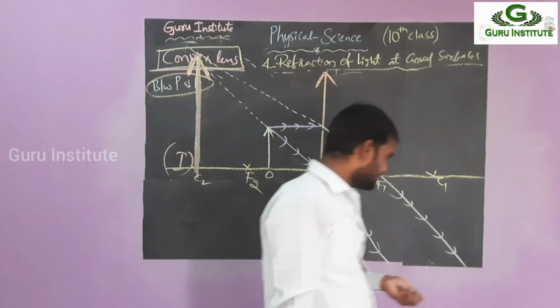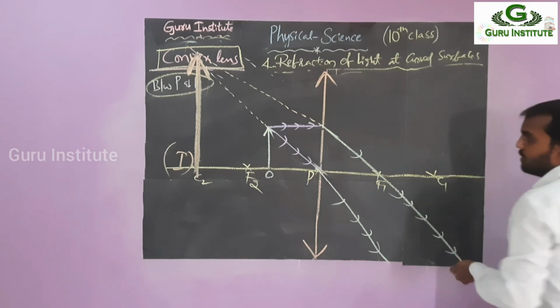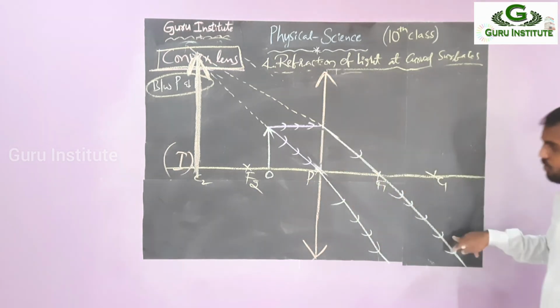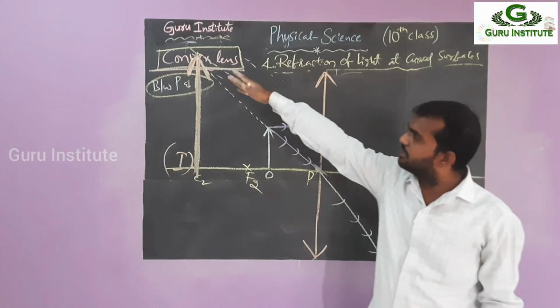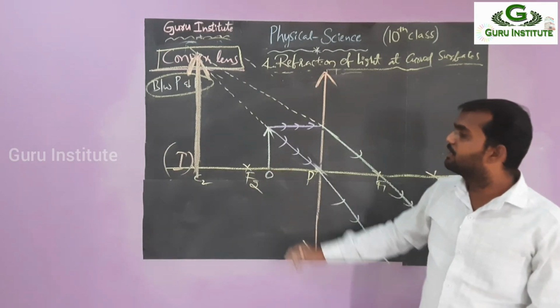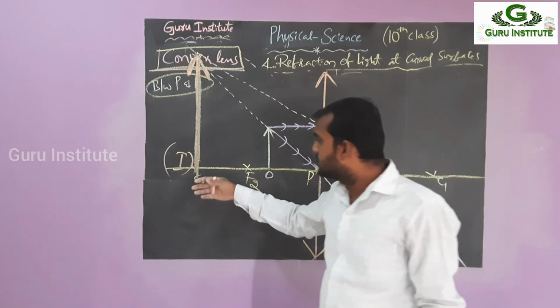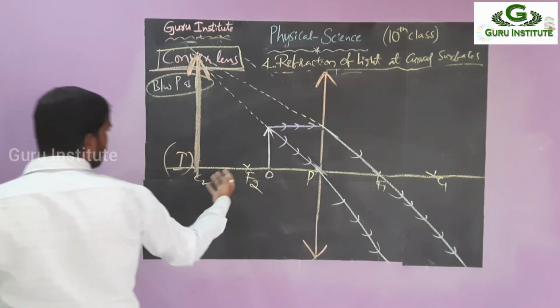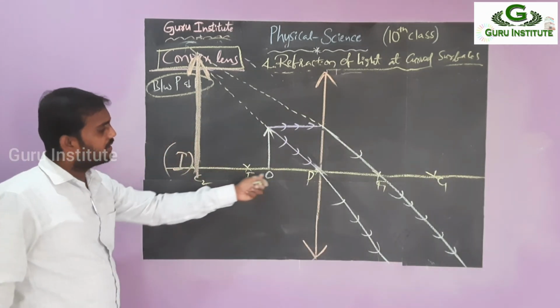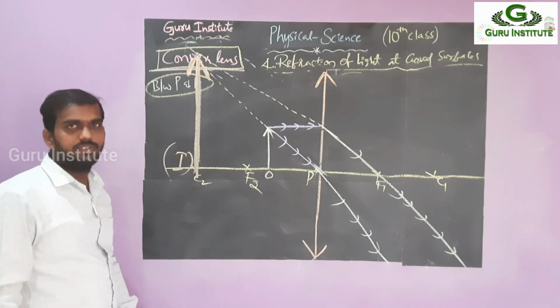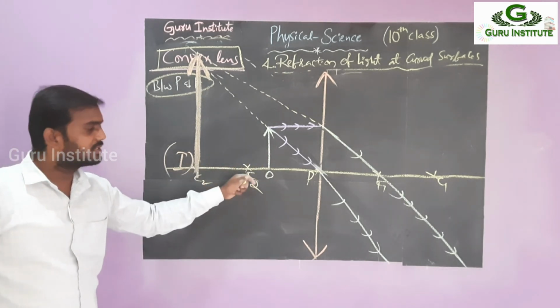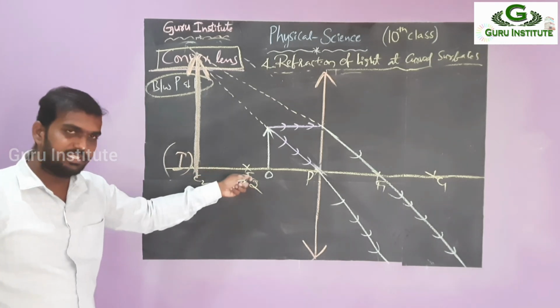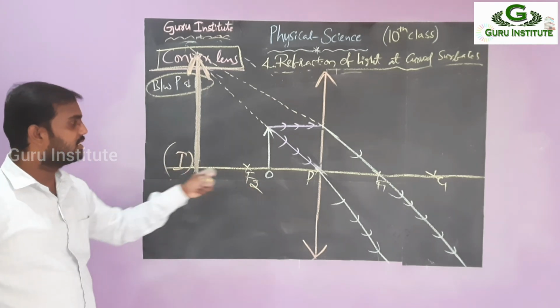Observe the picture first. I am taking a parallel line, passing through focus and passing through pole, no deviation. They do not meet directly, so I am extending the back side, and that is meeting there, right? Where is the image formed? This is not at C, not between F and C. It should be on the same side of the object and beyond the object, you have to write. Not between F and C area. In some cases it will be formed between F and C, in some cases beyond C. That depends on your position.